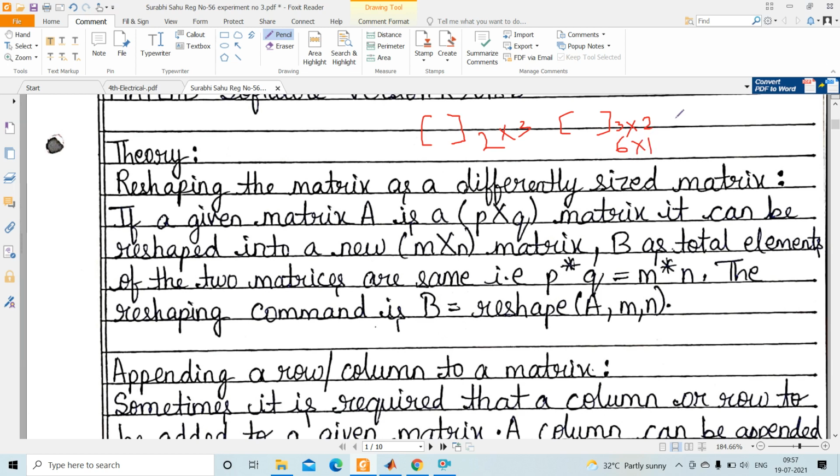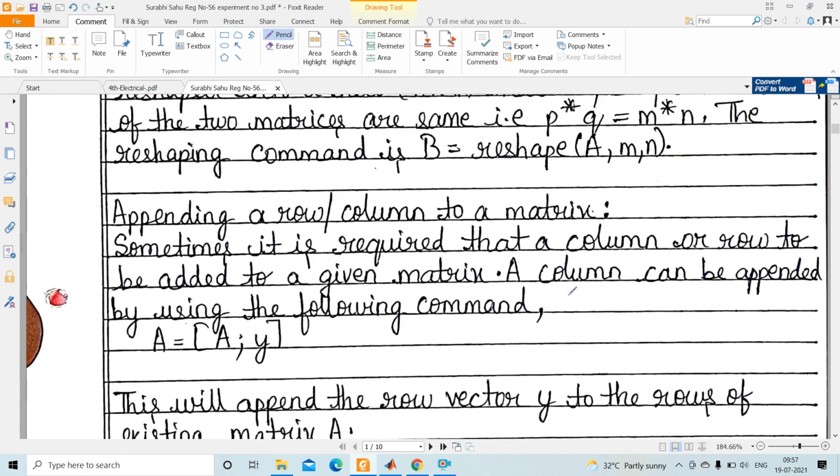Or I can change it into 1 cross 6. So this is called reshaping. But for this, the command is reshape. See, if this is A and this is B, and I want to change A into B, then B equal to reshape A comma the new size. In place of M cross N I can write 3 comma 2, 6 comma 1, 1 comma 6. Okay, so this is the reshaping.